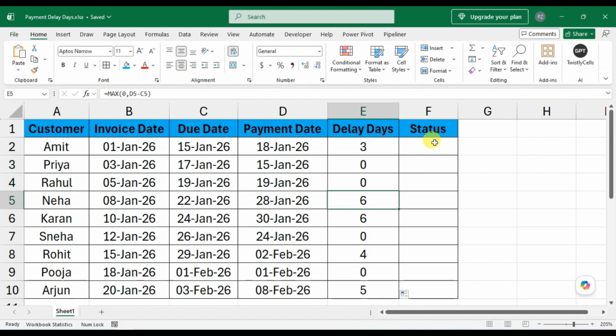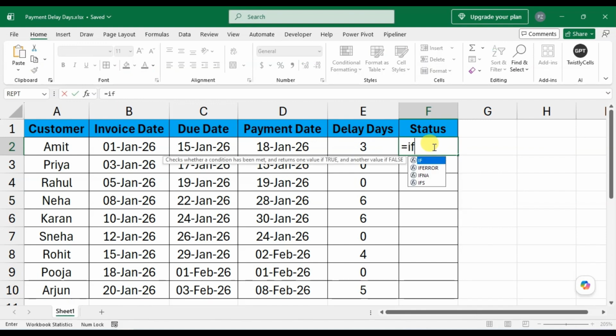Next, to calculate status, select the cell, type equal to, type here IF, select the IF function, then select the E2 delay date equal to 0, comma, double quote. Here I just type on time, then double quote, comma,